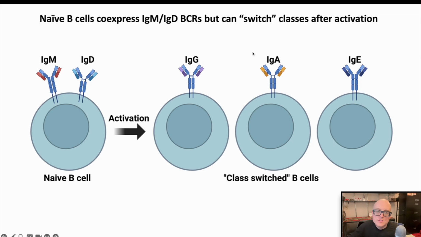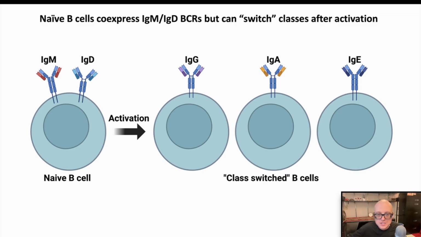A couple of notes here, though, is that once a naive B cell class switches away from IgM and IgD, it can never go backwards. Once it starts expressing a class switched isotype like IgG, A, or E, that is typically a permanent change. There is no co-expression. A naive B cell that expresses IgG only expresses IgG and does not express any other isotype. The same is true for IgA and for IgE. Those rules of thumb are a little bit of an oversimplification, but I think they're enough as we initially get used to the idea of the various immunoglobulin classes and especially how they serve as